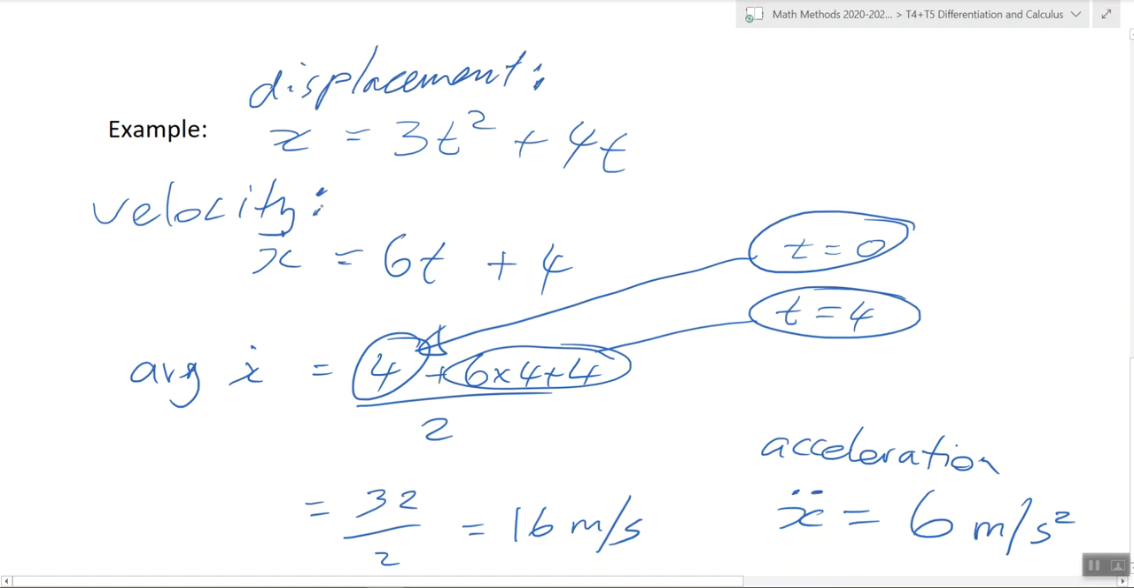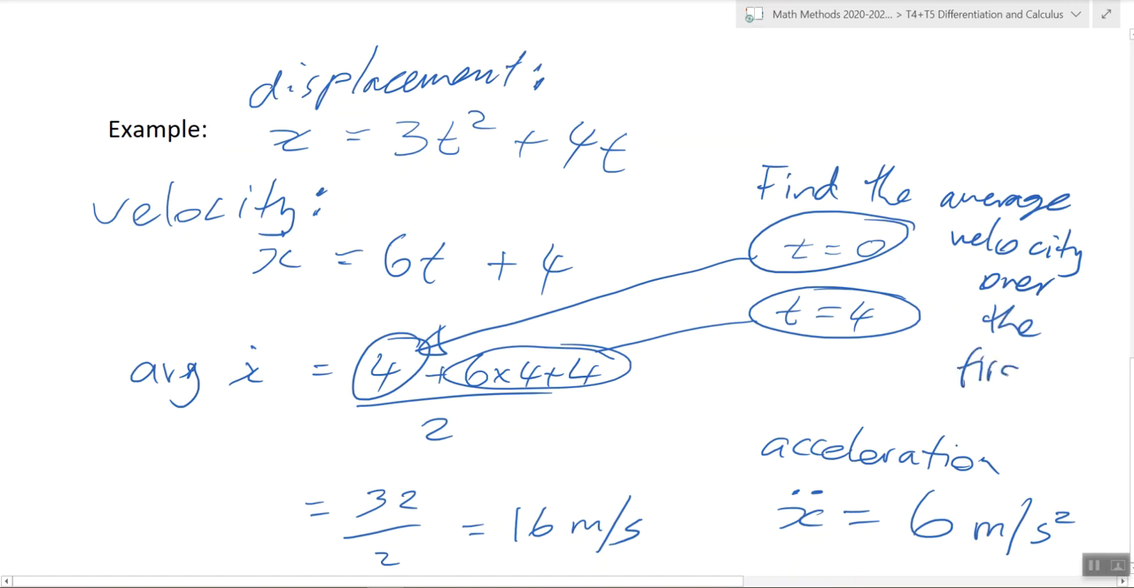I just made it up. So this, I just wanted to find the average velocity over the first 4 seconds. So if that was a question,